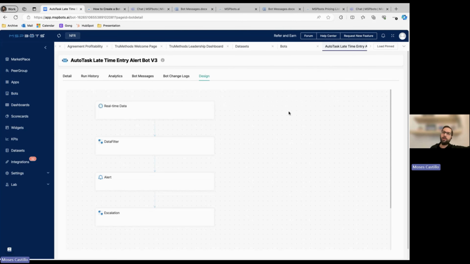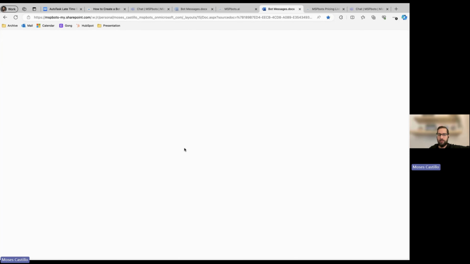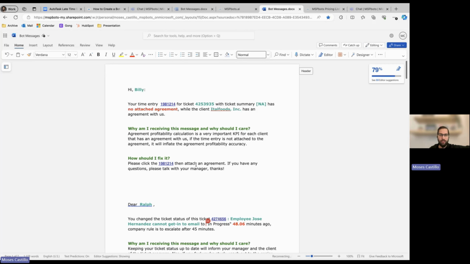As a manager, you don't want to know every single time something needs to be corrected. What you do want to know is at what level should you get involved? And that's what the escalation step is for. So again, look at what the data source is, what type of data are we pulling, what filters are we using? We'll give the bot the parameters, decide on what the alert is going to be, and then fire off an escalation path. I do have a few messages already put together in this Word document